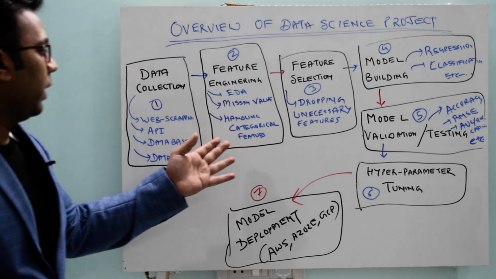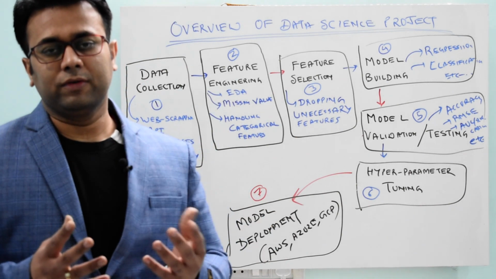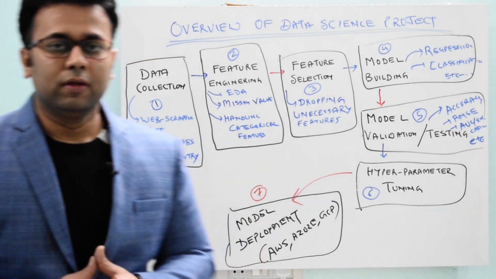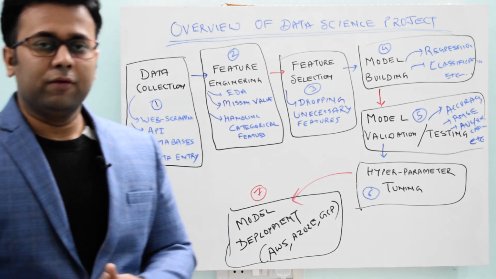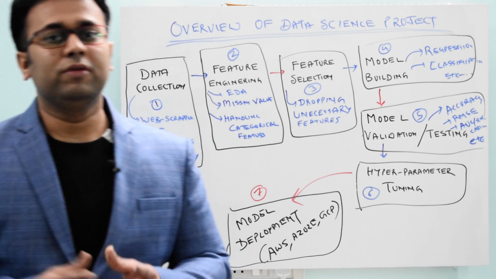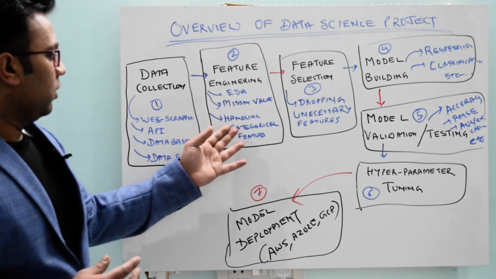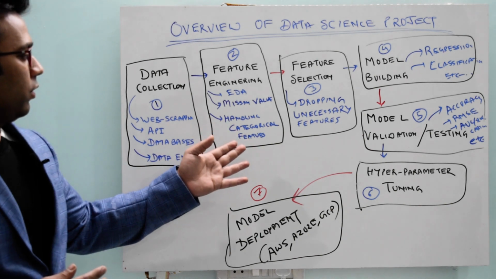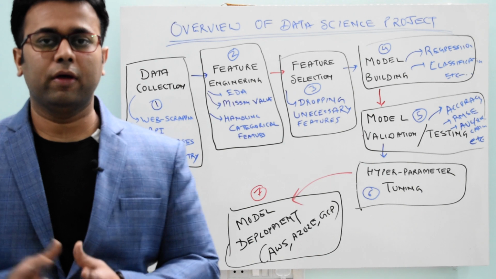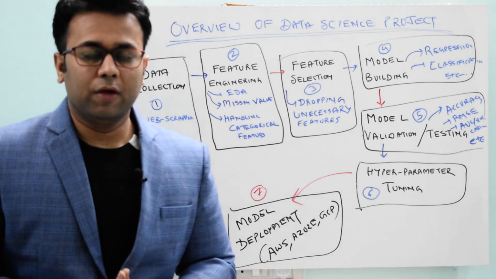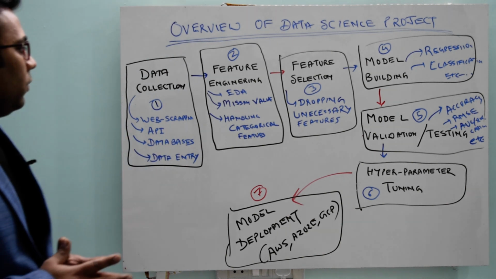Now we can also handle categorical features. For example, if there is a sex feature, then sex can be male or female. To build a model, we generally need numbers. So we can convert those categorical features to numeric features. For example, for male we can denote 1, and for female we can denote 0, and we can use dummy variables or one-hot encoding.